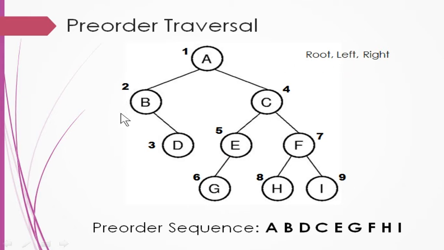That is what it says, right? You have to go to the left. In the left subtree you don't have any left. You have a root here, so write B. So you get B here. That is a root, and you don't have a left. So you have to go to the right. This will be the third one. So the D node will be visited next.